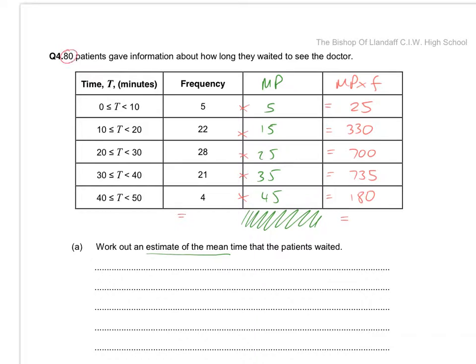Now this is given in the question, but it's worth just adding them up to check it is 80, because that number isn't necessarily definitely going to be the number that makes that there. So just add those together if in doubt. Add these numbers together if in doubt to get the 80, and then add these numbers together as well to work out that total. So that comes to